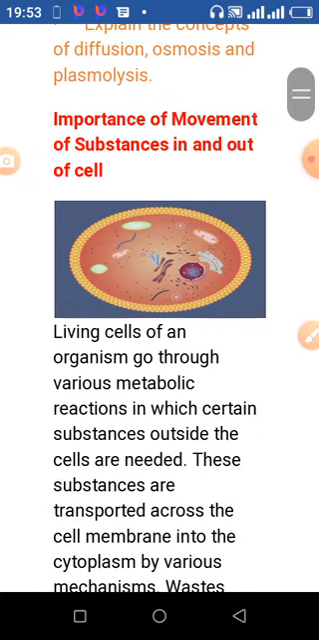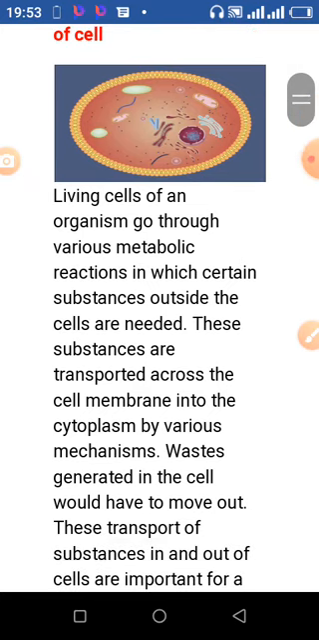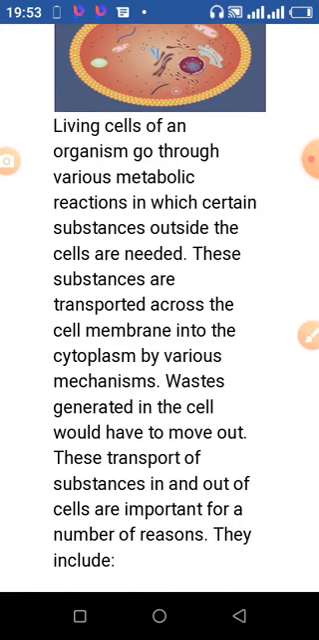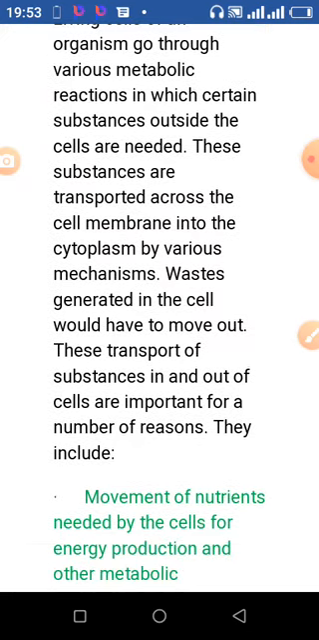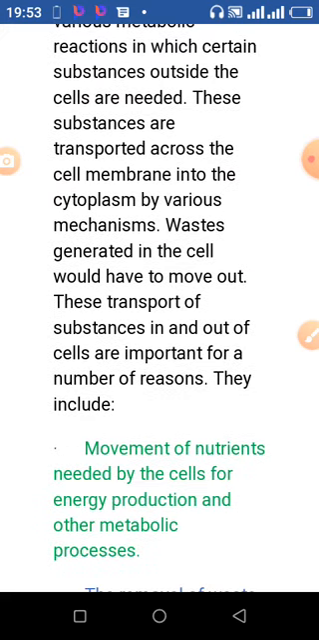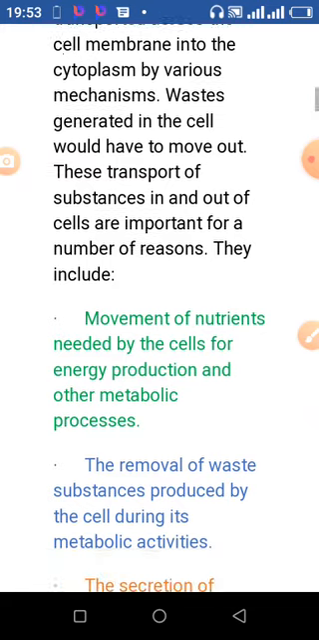As you continue reading, living cells of an organism go through various metabolic reactions in which certain substances outside the cells are needed. These substances are transported across the cell membrane into the cytoplasm by various mechanisms. Wastes generated in a cell would have to move out. These transports of substances in and out of cells are important for a number of reasons, and they include: